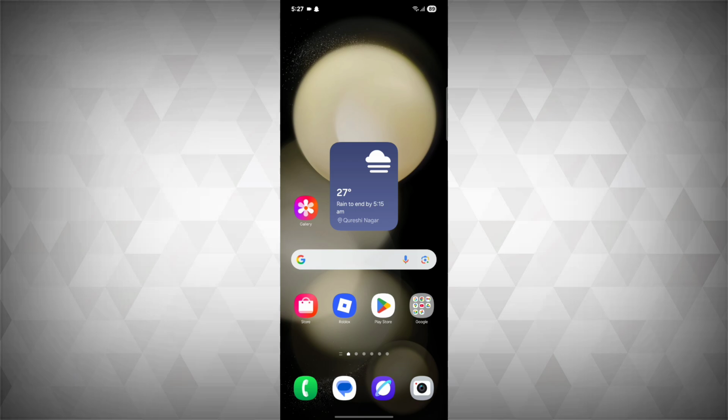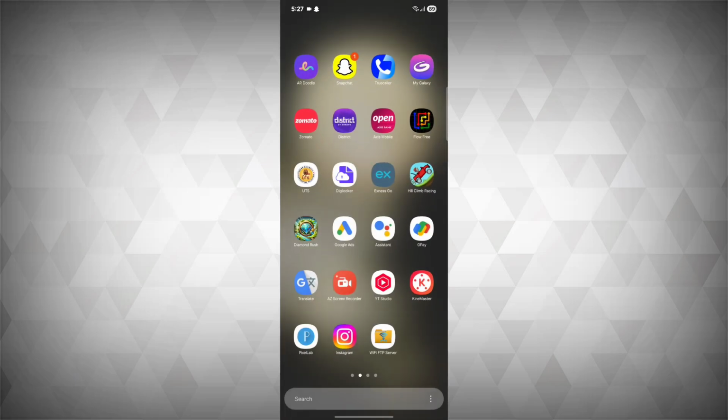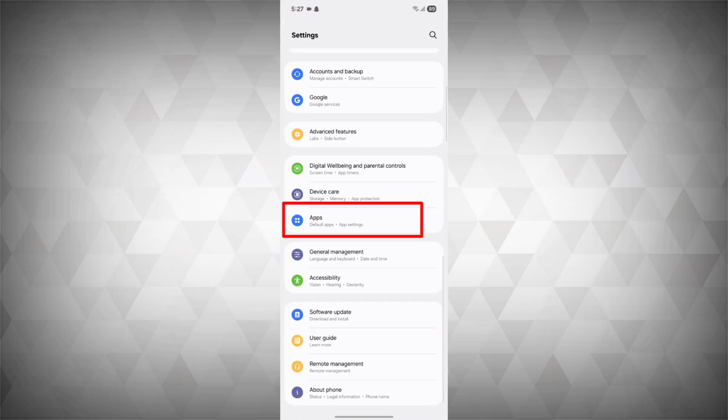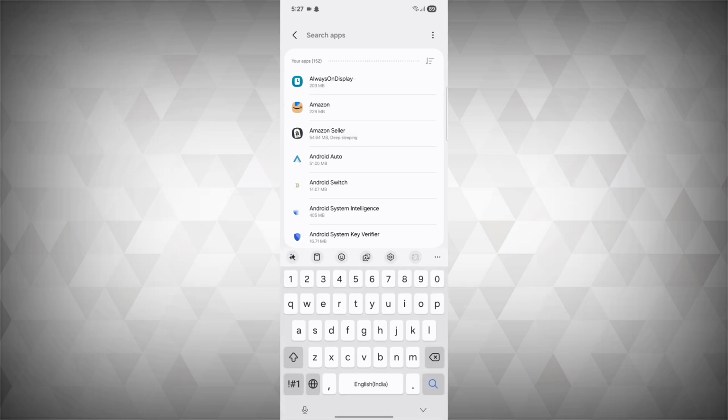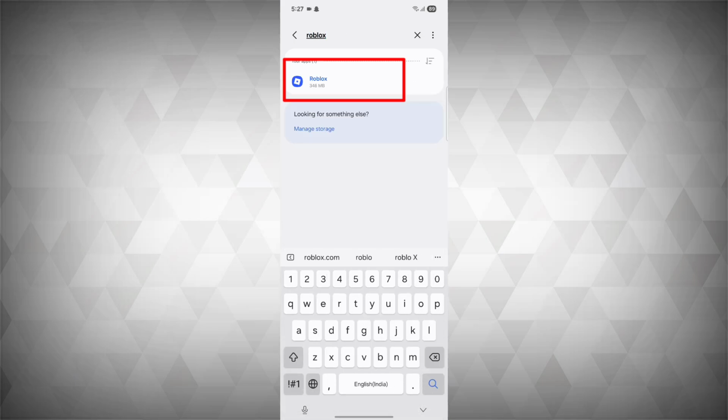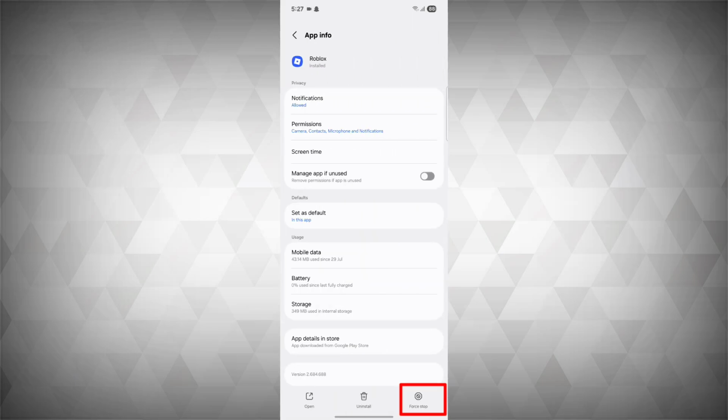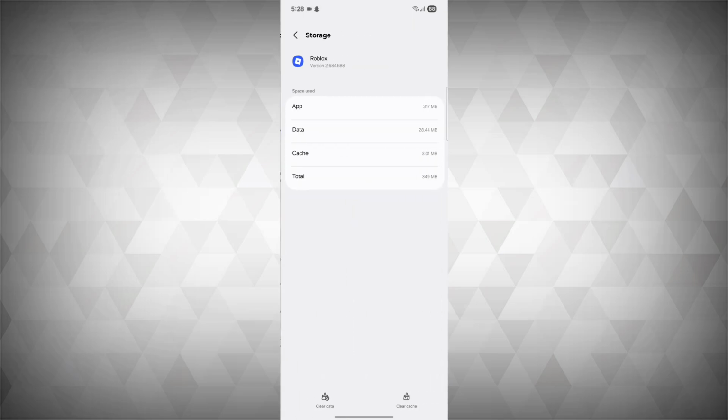So to solve that error, first we go to settings, our phone settings, scroll down, tap on apps, search for Roblox, tap on force stop, click OK. Now go to storage, click on clear cache,